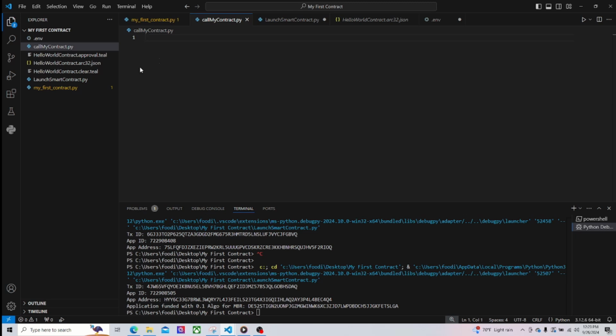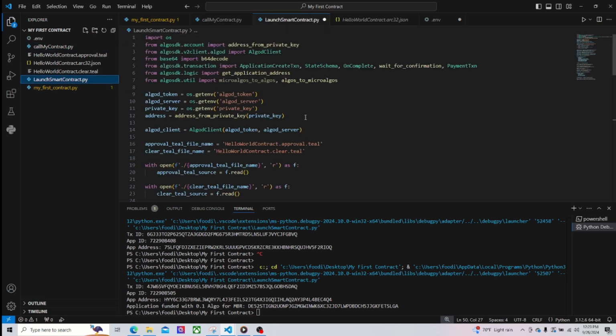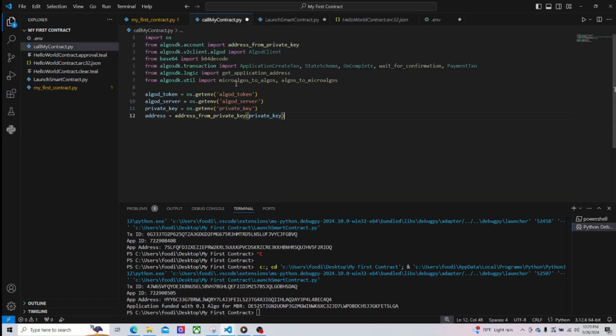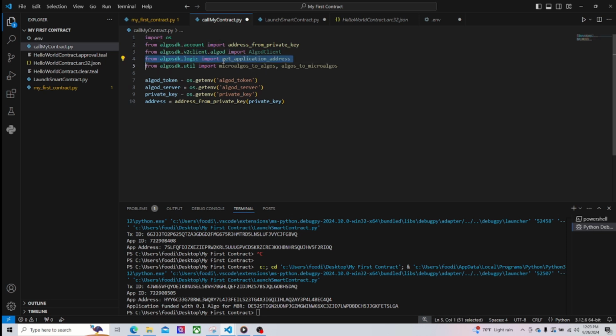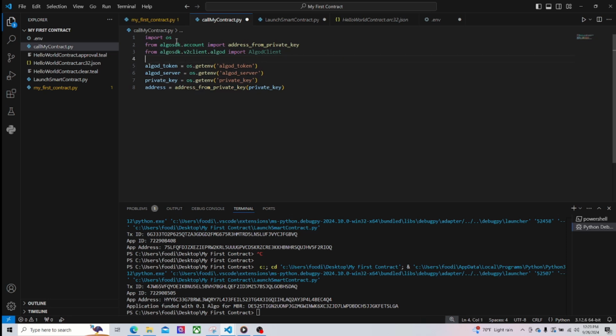So we're going to pass in, like we did previously, these things here. We're not going to need all of this. So we don't need this. We do need the client. We don't need to decode anything. We don't need the application address because the application client has a function to do that. Perfect. So